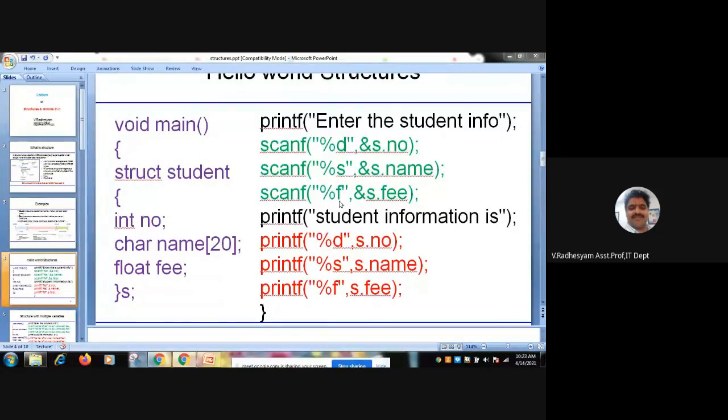Printf %f comma S dot fee, since it is a float data. That means what I have done in this program is read the student information and just print the information.